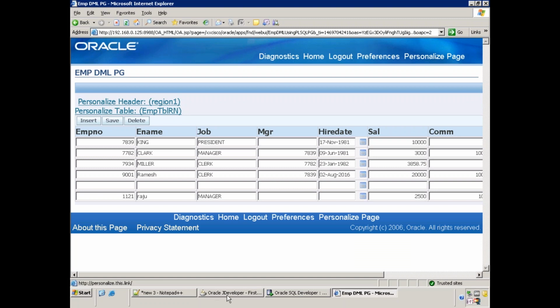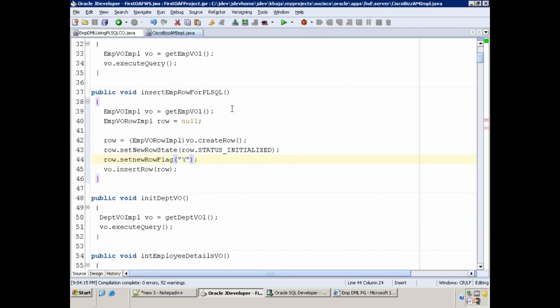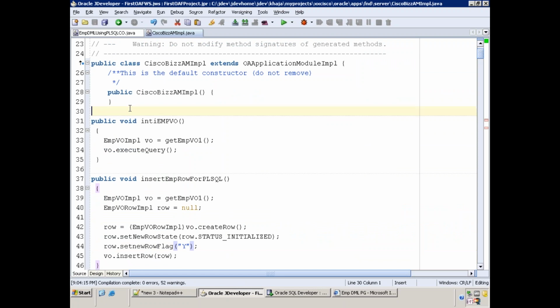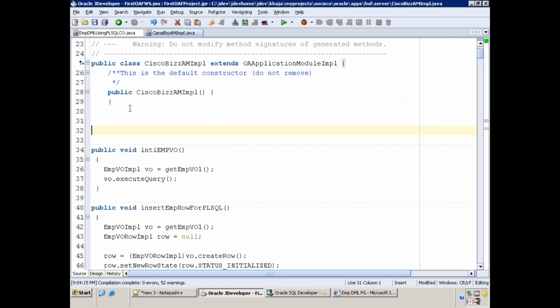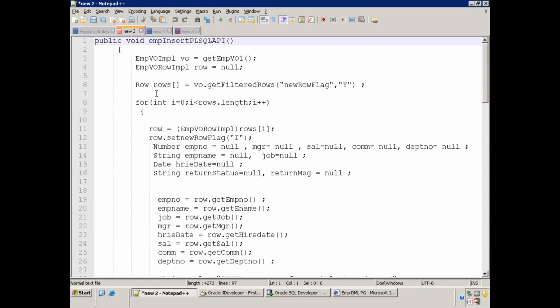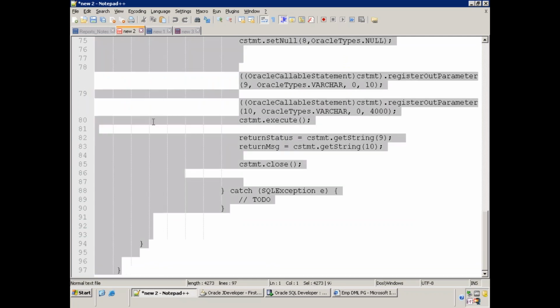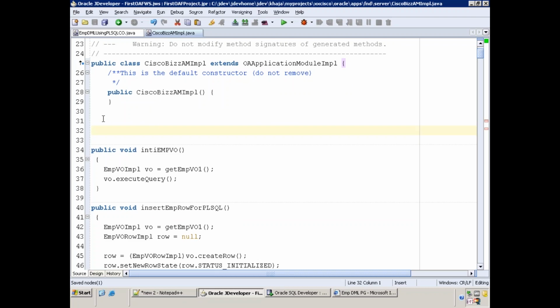So now what I need to do is make an API call. We have to call our PL/SQL API from the Java, right? This particular logic is a very big one, so I need to copy it from my existing notes. I'll just copy that, around 100 lines of code. Even I can't remember this, but I'll tell you each and every line of what I have written.